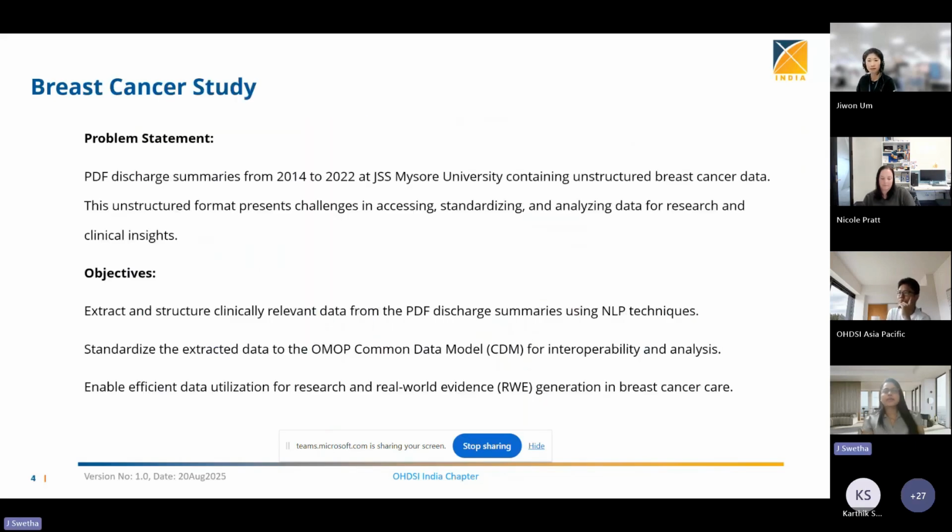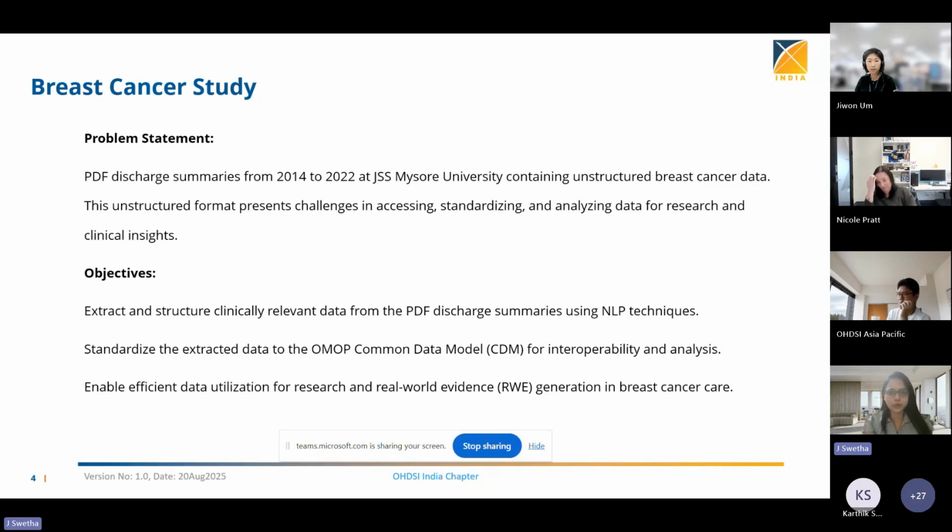So regarding the breast cancer study, as we said, Indian data is mostly unstructured and semi-structured data. Even though EHRs and EMRs have started kicking off, we still expect that even partially 50% of data will be unstructured and semi-structured. So we thought, let us start with applying NLP technology and text extraction to get some standardized data and understand how we can map Indian drug brands and clinical text to OMOP concept IDs. So we have started with the breast cancer study with the discharge summaries that we have found